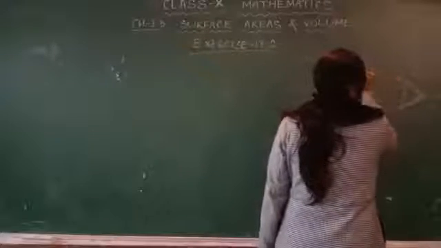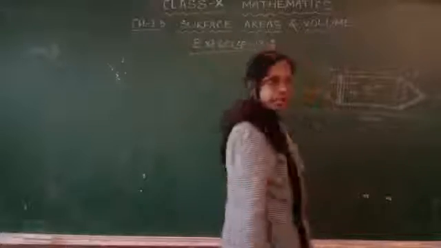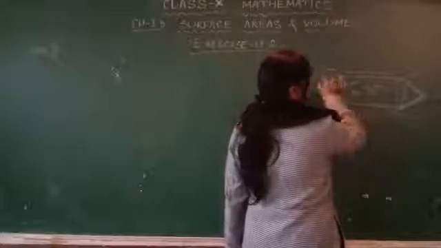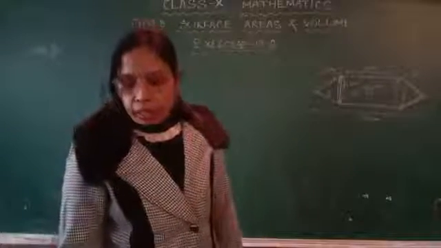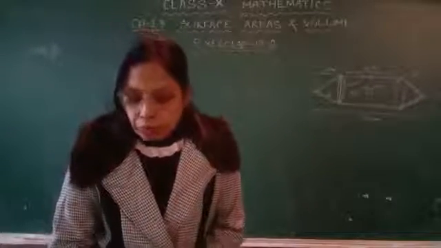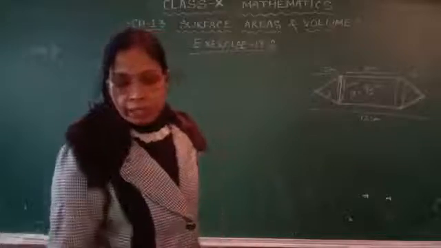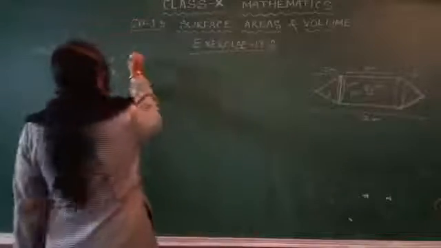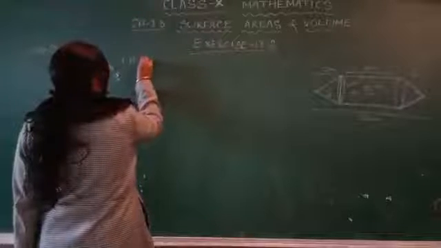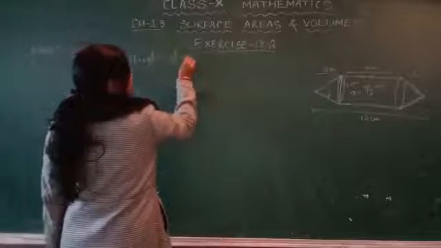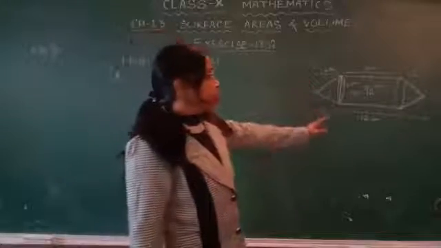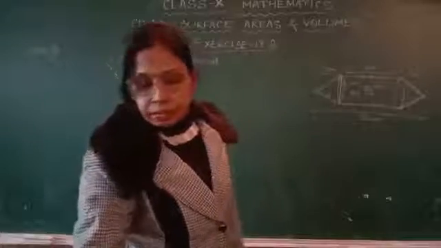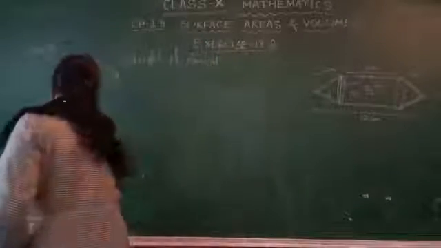So the length of only the cylindrical part is equal to 12 minus 2 into 2, that is equal to how much? 8 cm. Okay. So then here the question said, find the volume of air contained in the model. So first here you write, a model which is in the shape of a cylinder with two cones attached at two ends.